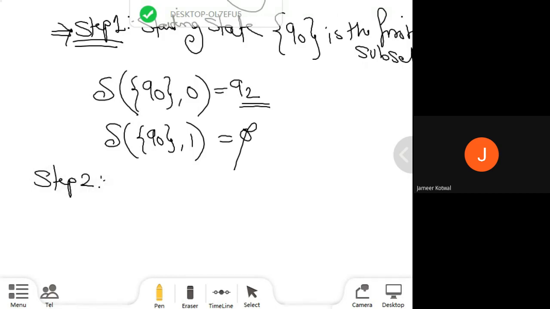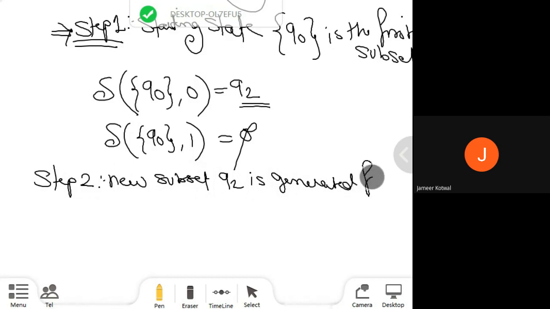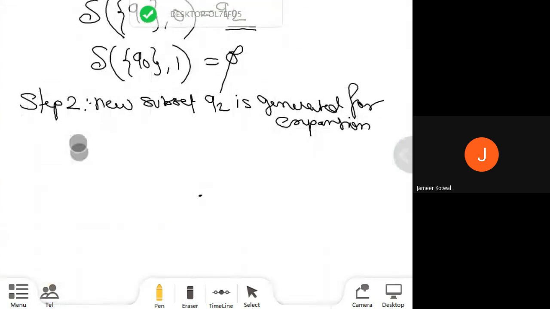So in step number 2, we expand the state Q2. The new subset Q2 is generated for expansion. The same inputs you are going to process in the Q2 state.